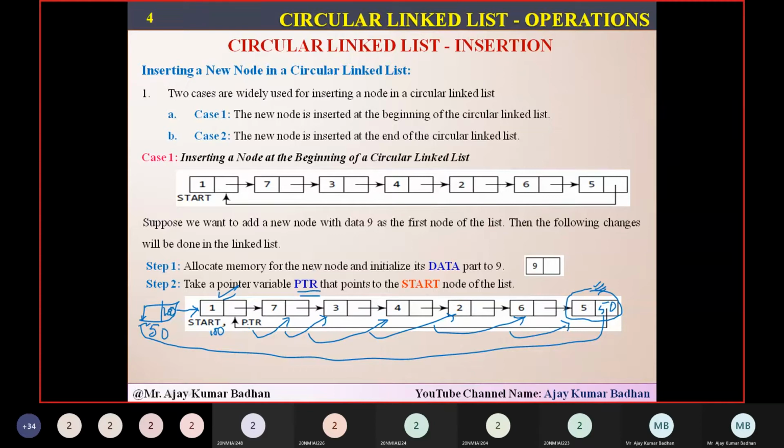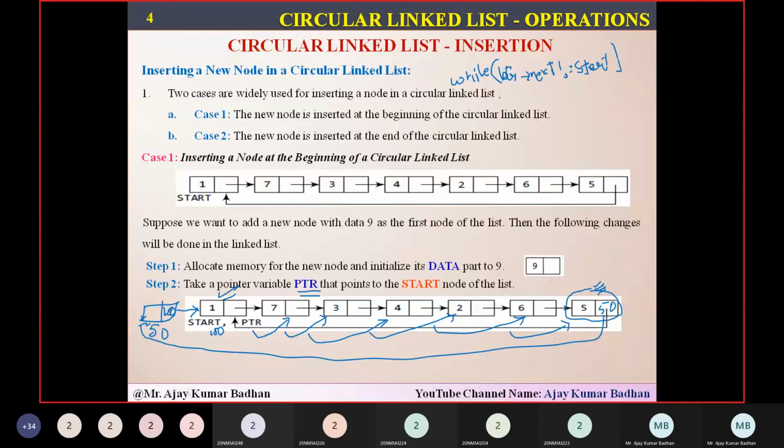I think you people are familiar now with how to traverse it. The condition we are going to write here is: while pointer next is not equal to start, because we know that start is the variable which consists of the address of the first node.